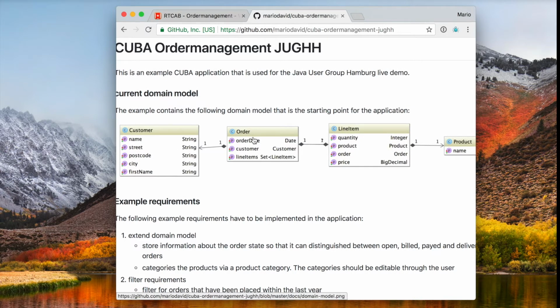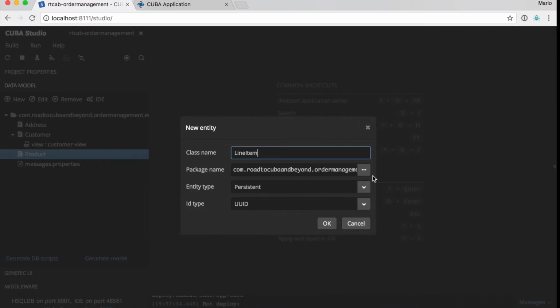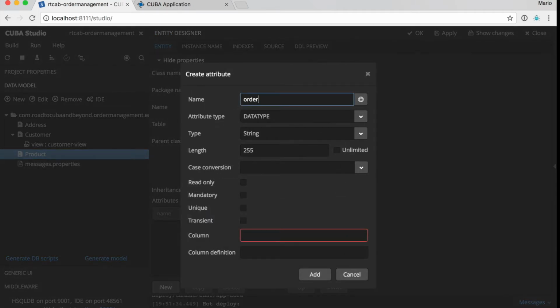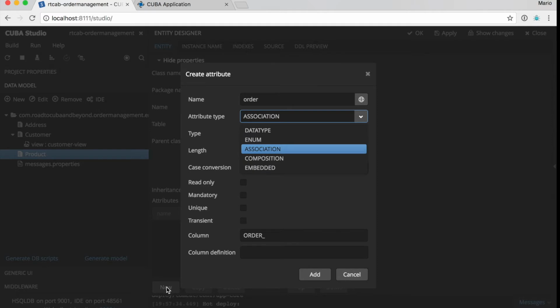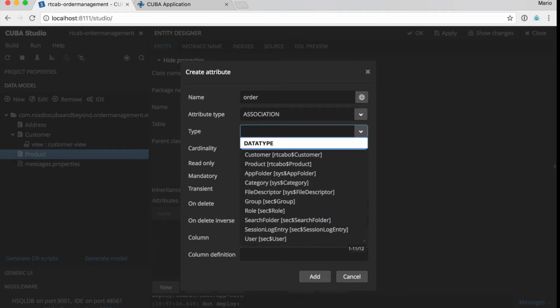So we have a customer, we have an order, and we have multiple line items associated to that order, and the line item is also associated to a product. So therefore, when we create the line item, the first thing is that we can associate it to an order. In this case, the attribute type will, as the name implies, be an association, and the type will be the order, although I do not really have that,